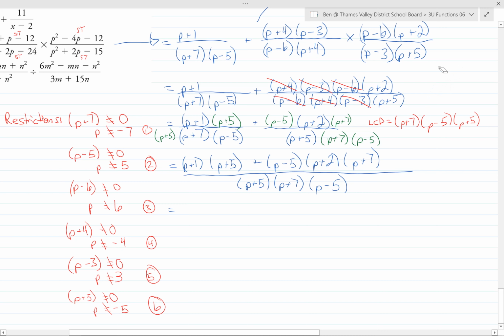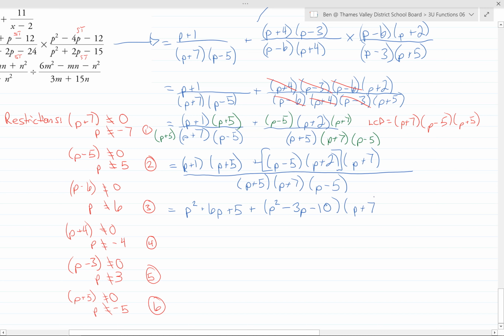Now we can start distributing. So the first FOIL brings us to p squared plus 6p plus 5. And then what I'm going to do, I'm going to first perform my expansion on the first two pairs of brackets, and then I'll expand the p plus 7 after. So that leaves us with p squared minus p squared minus 3p minus 10